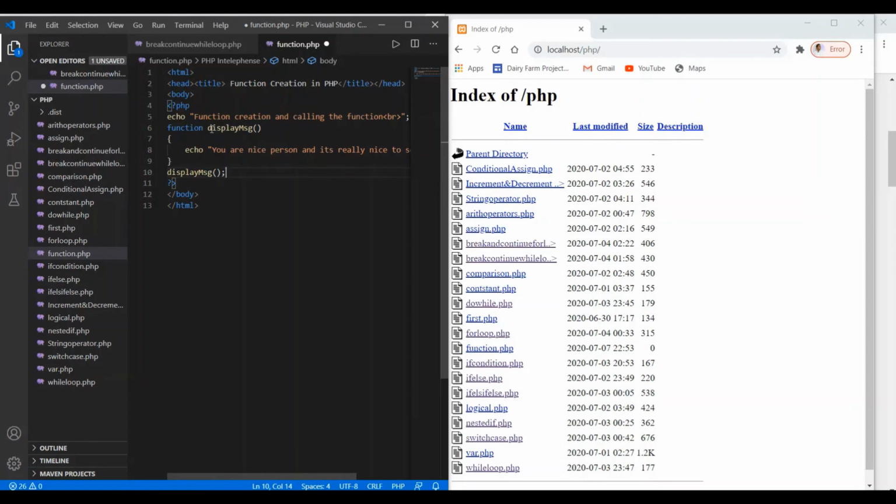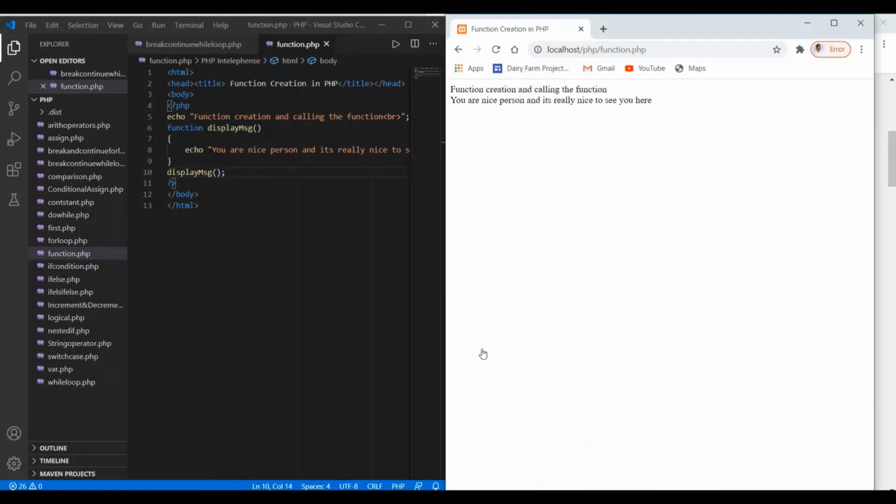Here we are going to save the changes using Ctrl+S, and in the browser we have opened the localhost PHP folder, and in the PHP folder we go for this file, function.php. I'm going to click on this, and here I have written two messages, function creation and calling the function, using the echo method.